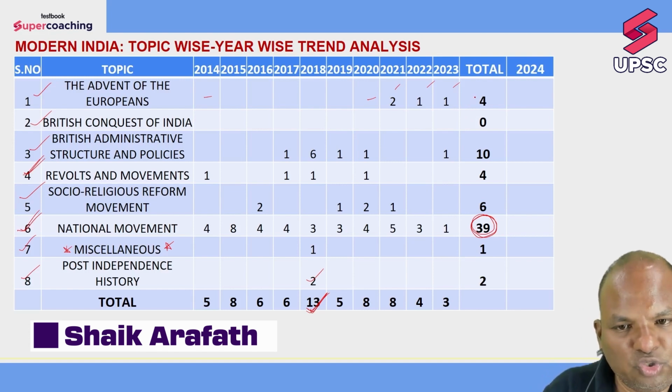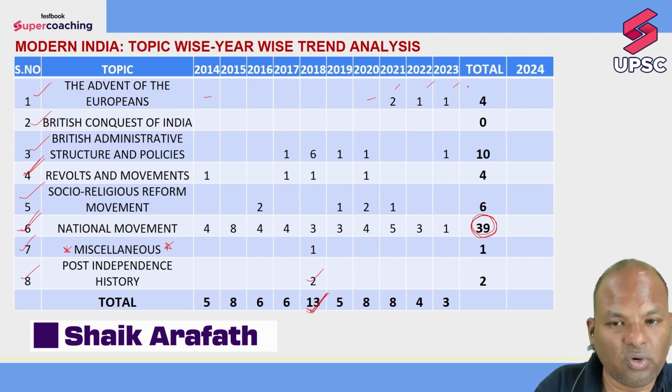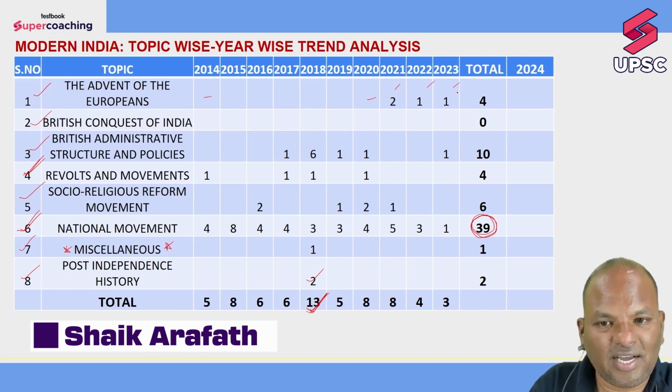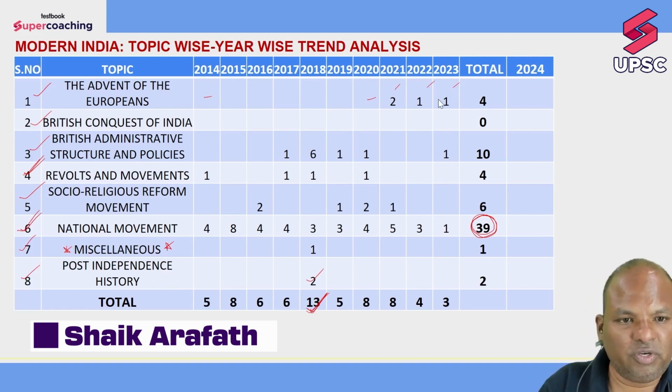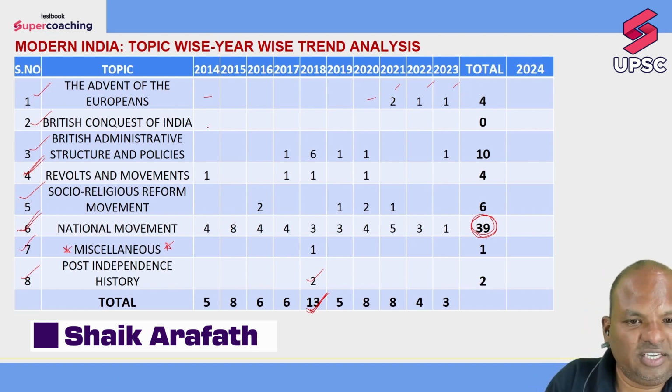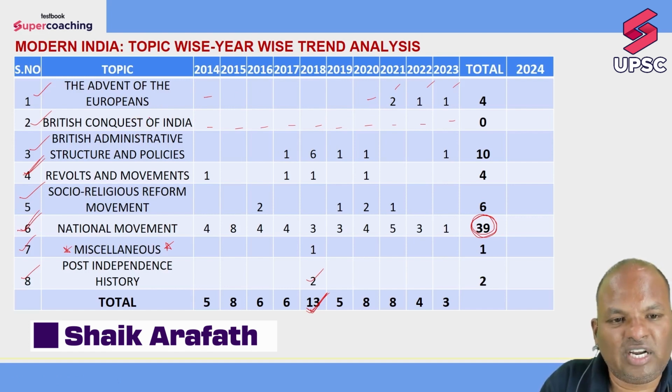So this is what I mean by giving an element of a surprise. The UPSC usually keeps asking questions from those areas which it has not asked in the last couple of years. So if that be the case, not a single question came from this particular chapter in the last 10 years. That is British conquest of India. That is how British went about conquering different parts of India. On that particular part, not a single question came. So therefore, this year there is every possibility that question may come from this particular topic.